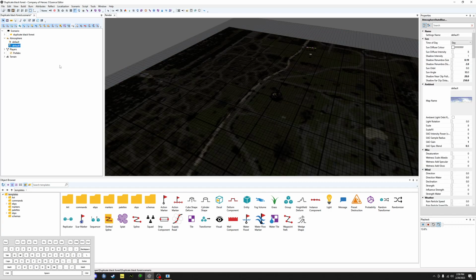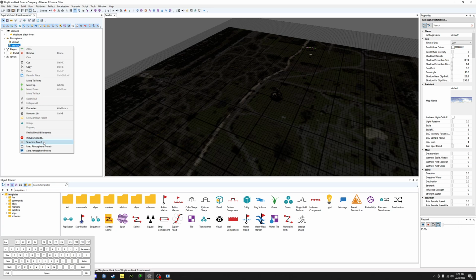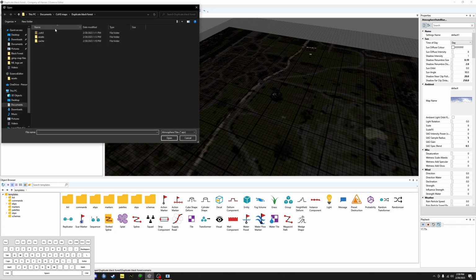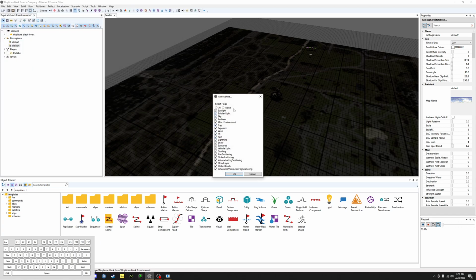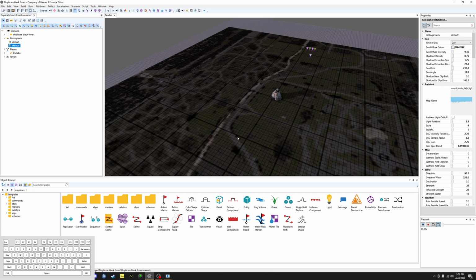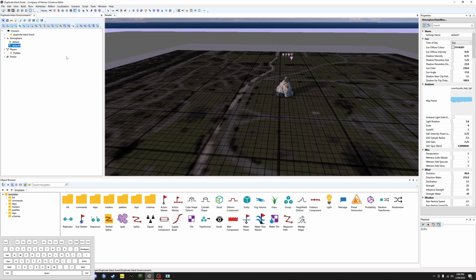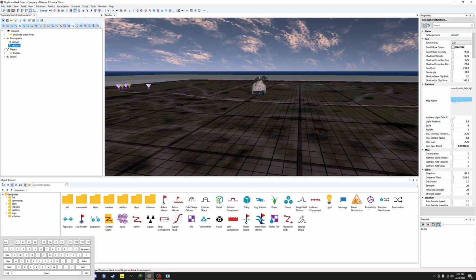Now this is the really default here. Load Atmosphere Presets. Go CoH3 Maps. We'll load Atmosphere 1. We'll take everything, select all, and bam, we have our Twin Beaches